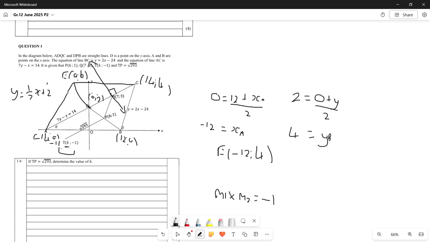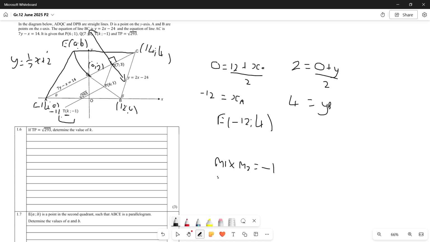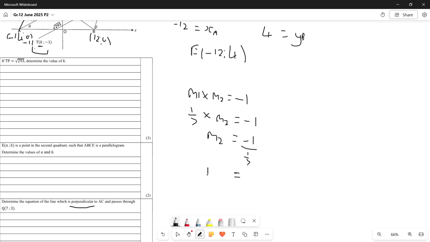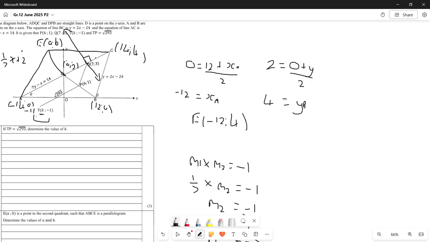We calculated that in one of the previous questions, which means 1 over 7, a positive gradient, times m2, this gradient that we want, equals -1, which means we can just divide by this 1 over 7 here, which means we have -1 divided by 1 over 7 equals m2, and therefore the gradient m2 is -7. So it is a steep line, it is negative, decreasing from left to right, and that is our gradient there,